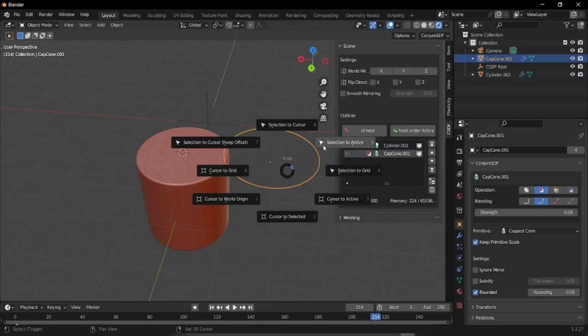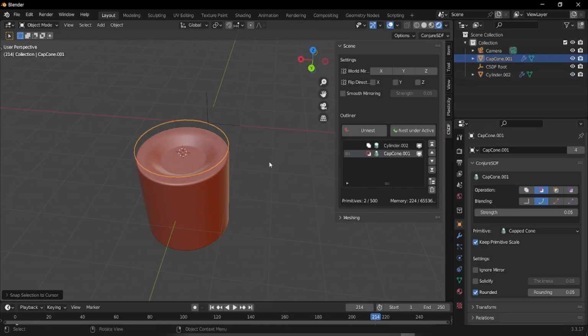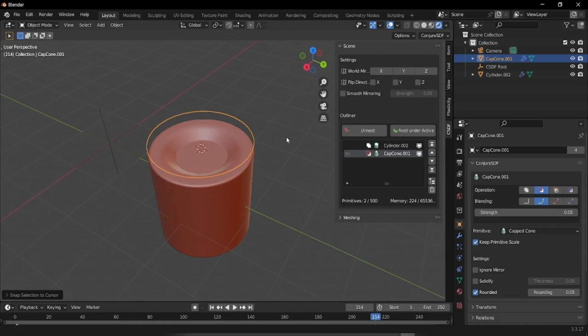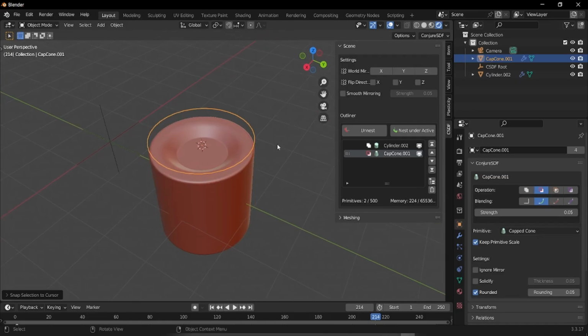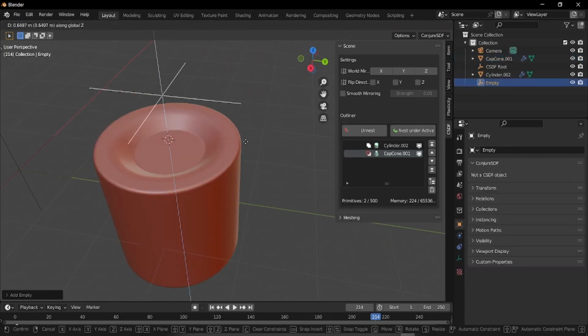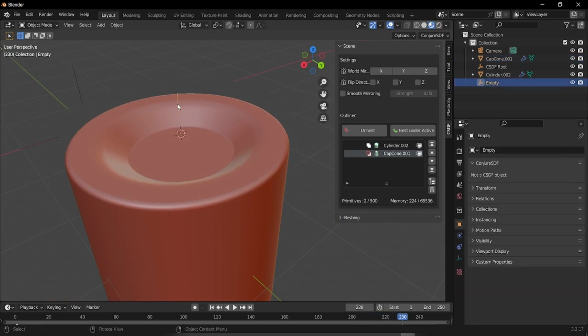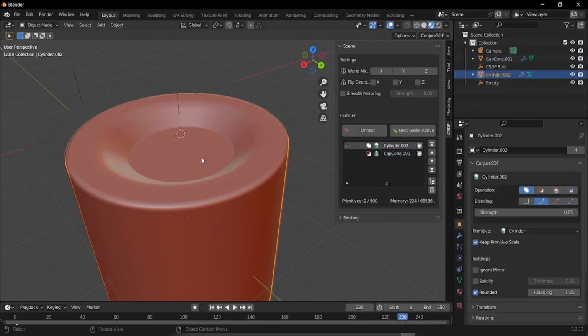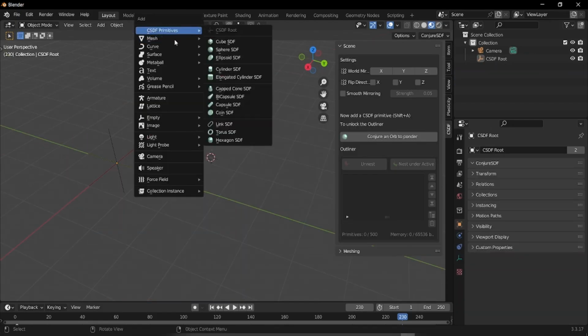And if you want to make this the center of this face so you can access it later, you can go to Shift A and add an empty like that. And we can access this empty way faster than going to edit mode and accessing this face inside the edit mode. The next thing is the bicapsule, and it's the same thing as the capped cone,